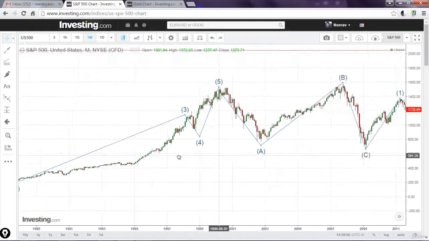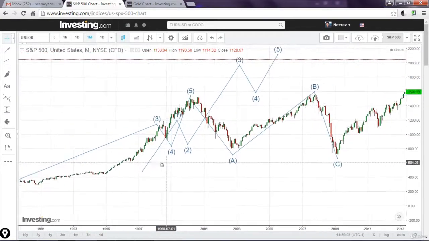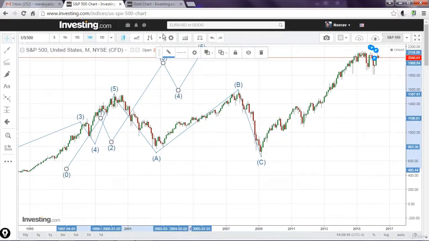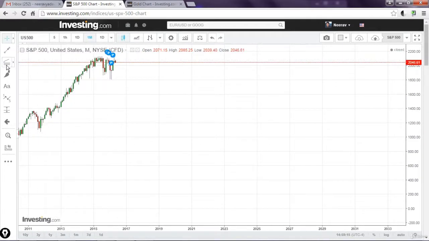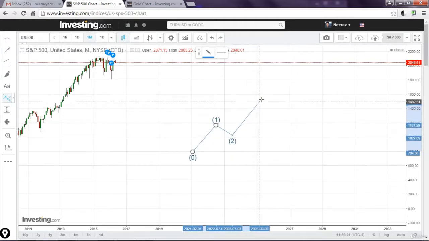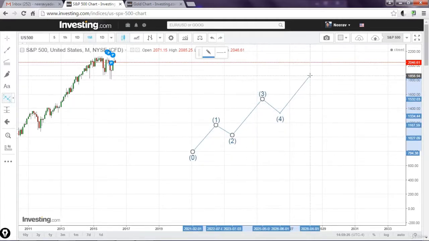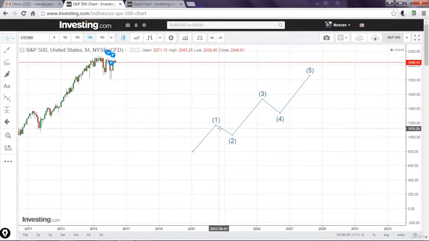Let's first understand the concept in the free area. Okay, let me just delete it. So now in the free area we will understand how this tool will help us and what fact we are looking for. So first of all, the concept is that if the first wave's length is taken and the Fibonacci extension of that length is projected from the starting of the third wave, then if that length exceeds the 1.618 times level, then we have an extended third.